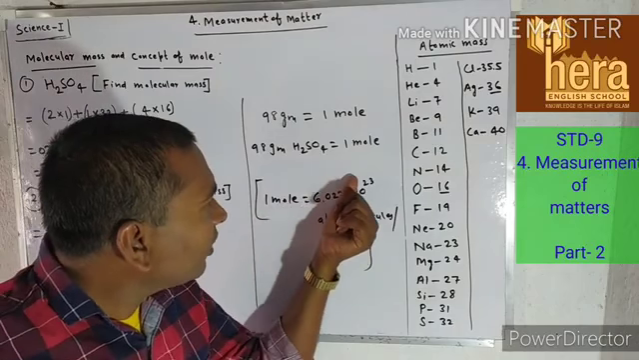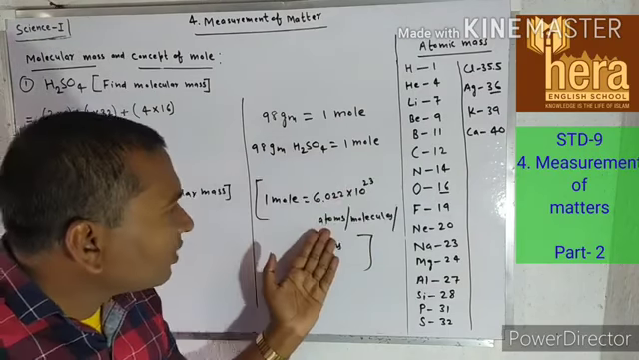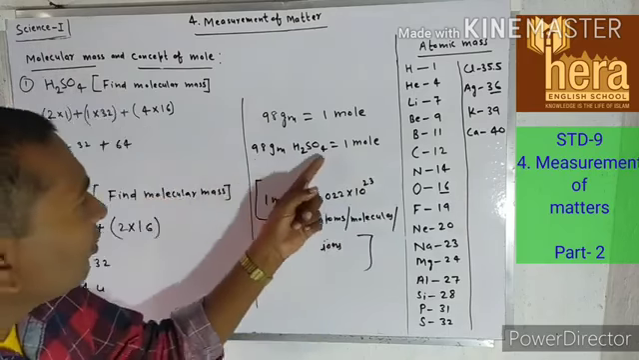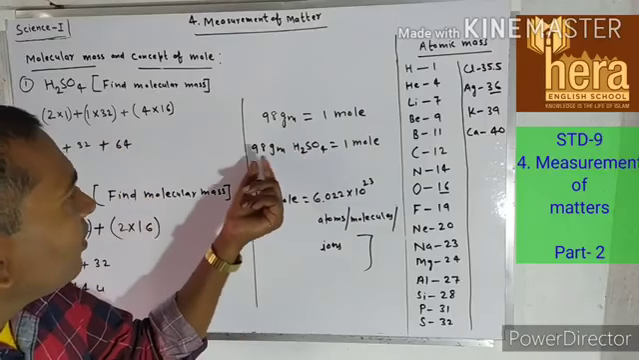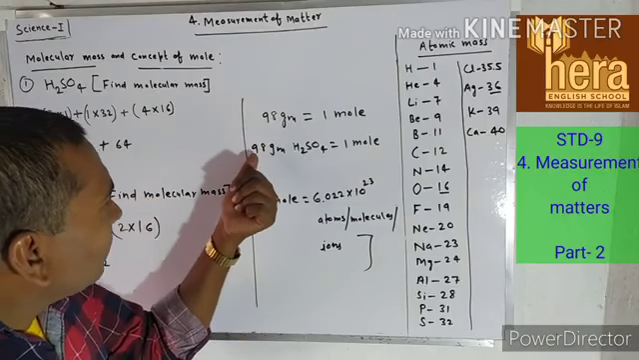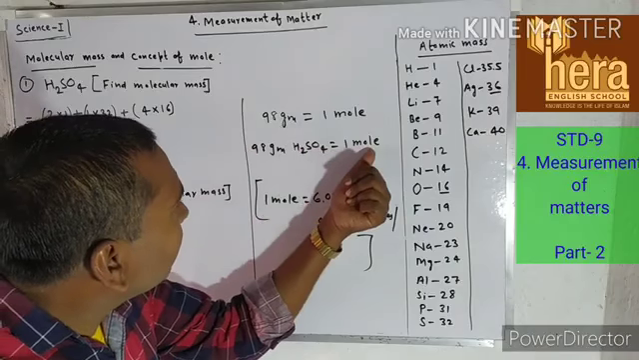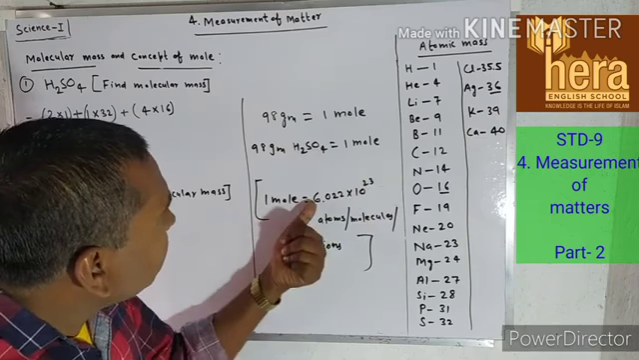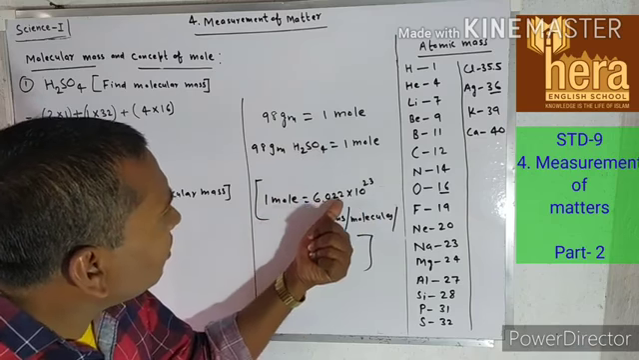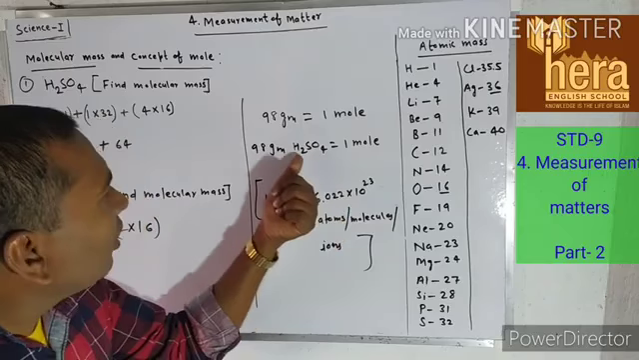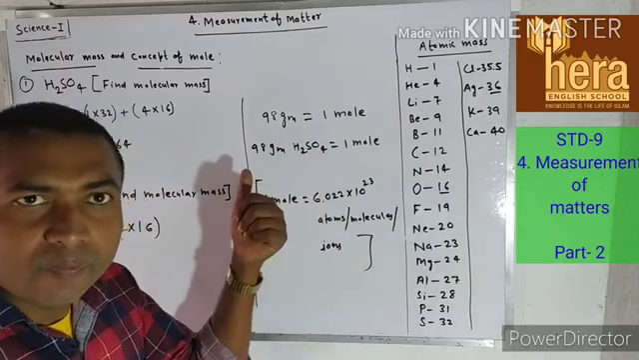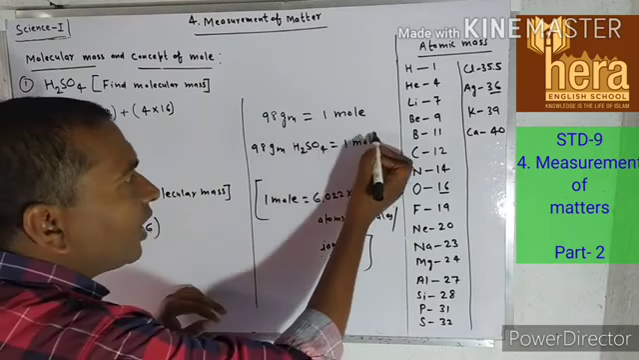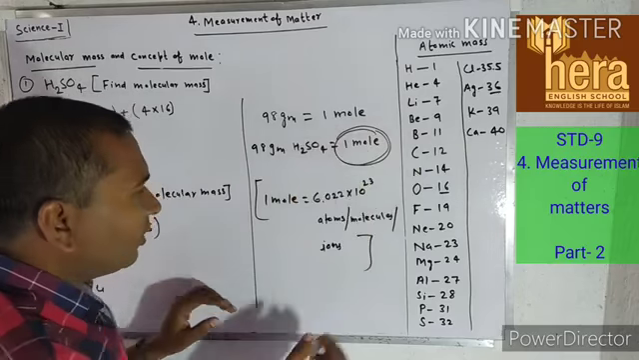6.022 into 10 raised to 23 atoms, molecules or ions. Here it is molecules, so we can say 1 mole is equal to 6.022 into 10 raised to 23 molecules of H2O. From this example, we can say that 1 mole is equal to